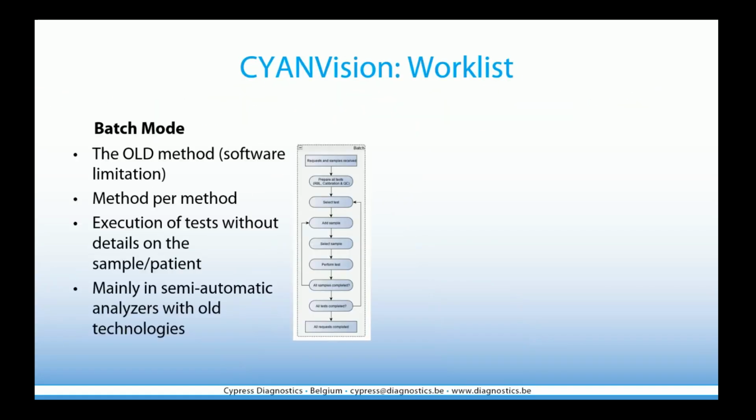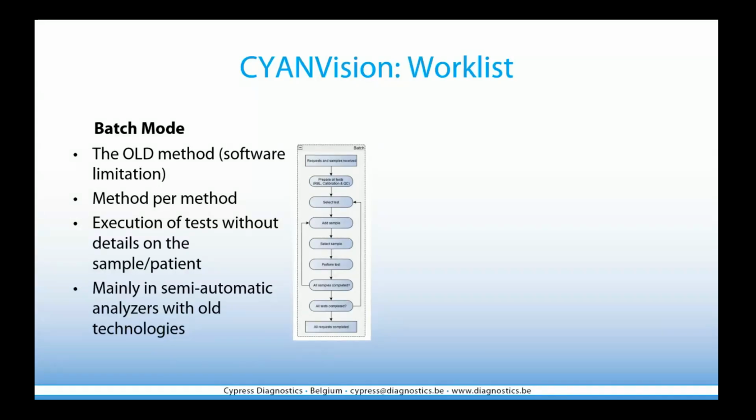So if we check the work list, then we have actually the old methodology on the old analyzers. What will happen there? The software is limited and we go method by method. So that also means that the execution of the test will be done without the details of the patients already in the instrument. And that also means that it will be difficult to find the data of that patient afterwards. It is mainly still today